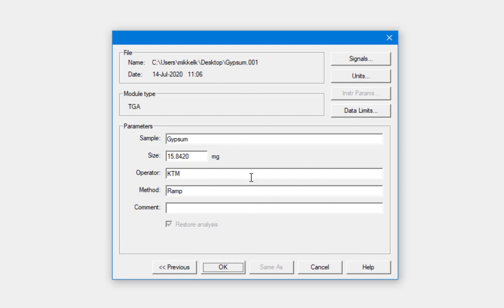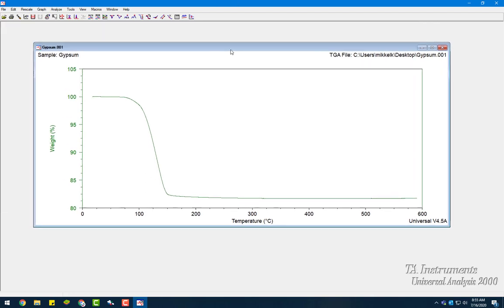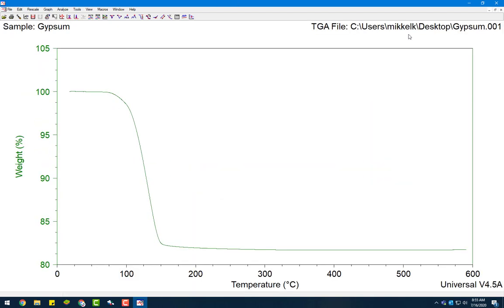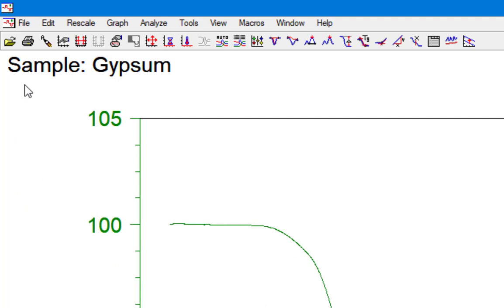It gives you this dialog box, and you can change options such as what signals are displayed and stuff. That's more useful for some other data file types, but the defaults for TGA are usually okay. So within this window, you can have multiple little windows, but I'm going to expand it since we only have one. So if we want to export the data to Excel or Origin or something,